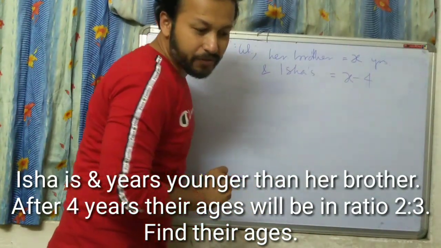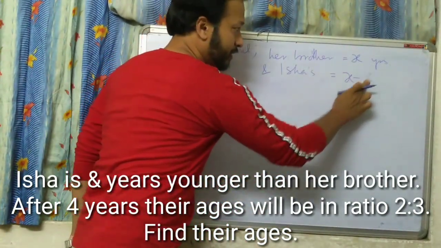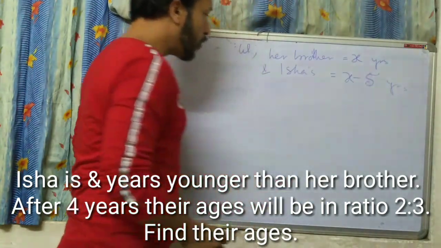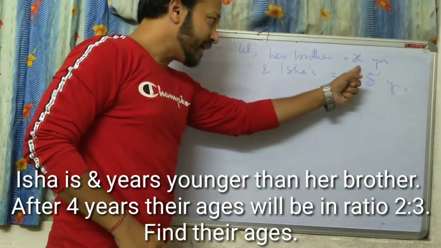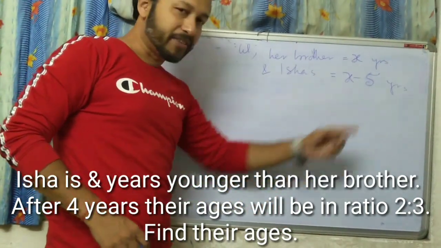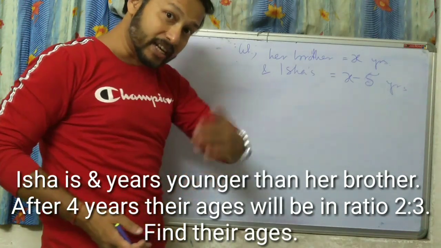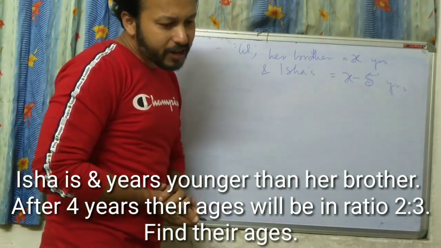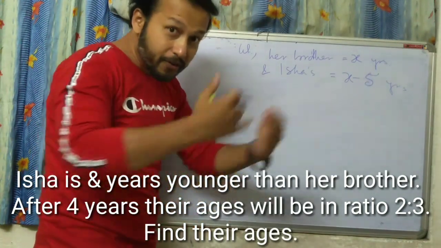No, Isha is 5 years younger. So her brother is x years and Isha is x minus 5 years, because Isha is 5 years less than her brother's age. Now, after 4 years,